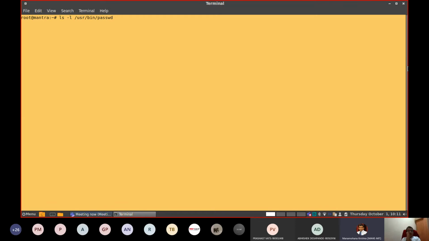In the computer, within /usr/bin, there is a file called passwd. This is called the password file. So you are going to get permissions of that particular file. Look into this file's permissions very carefully.